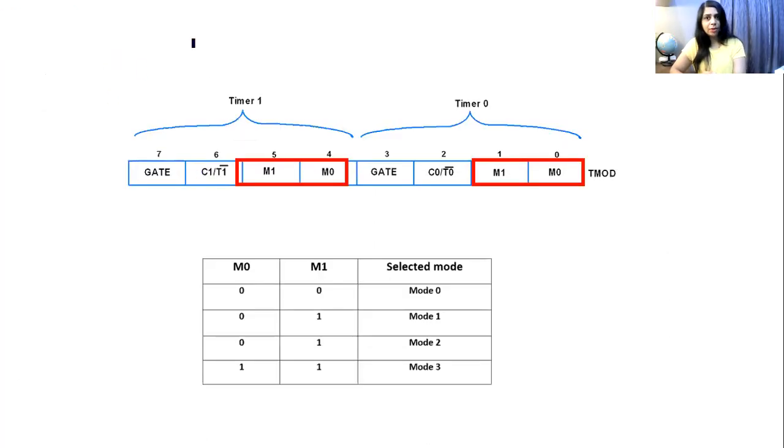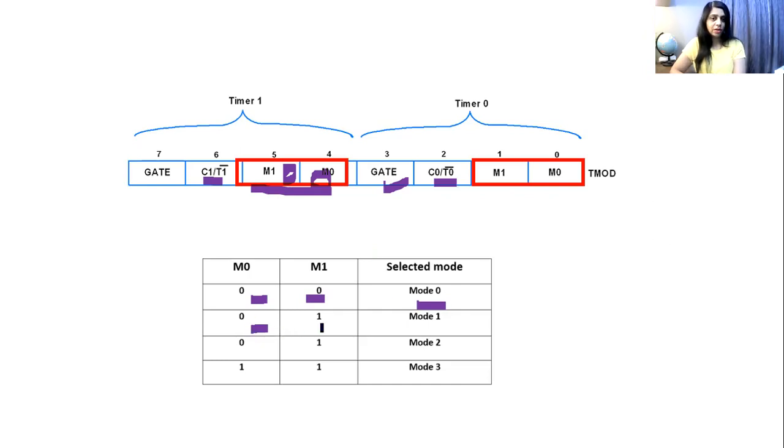Now, again coming back to the TMOD register, we have already studied what is gate and how it is used to start the timer counter. We already studied the C/T bar bit, for timer 0 and timer 1. It is used to enter the timer either in timer mode or in counter mode. Now, what is the use of these two mode set bits, M0 and M1? If both bits are 0 0, it enters into mode 0. If it is for timer 0, then timer 0 will enter into mode 0, and if it is timer 1, then timer 1 will enter into mode 0.